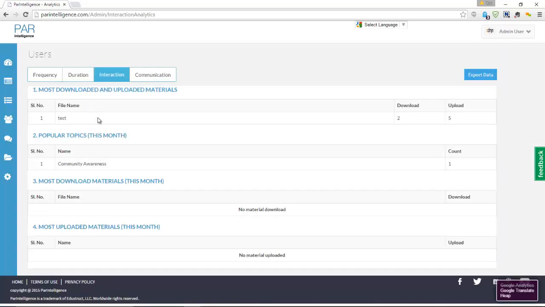And now you can see most downloaded, popular topics. So that's going to be very important. What are the popular topics out there, right? If community awareness is one of the most popular topics, because you can tell how many times people have been clicking on it and things of that nature. Now you understand